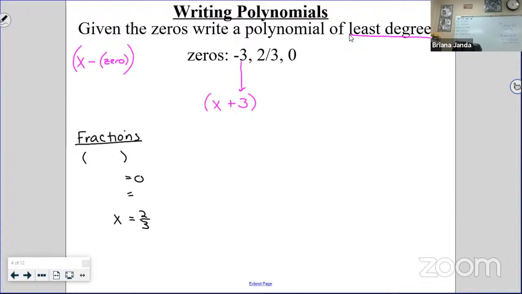So it's kind of weird to do it this way, but if I were to unsolve that and get it back to equaling 0, the last thing we would have done in our solving process was to divide by that 3. So if I undivide by that 3, I would end up with 3x equals 2. Bring that 2 back over, I would have 3x minus 2, which means our factor would have been 3x minus 2. Okay, so what I want to look at is comparing the fraction to where those numbers end up in